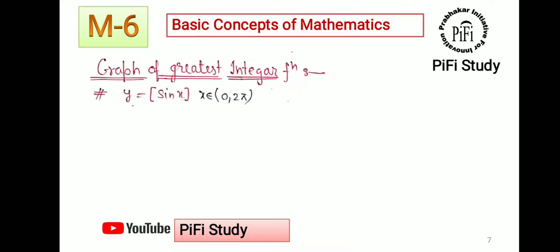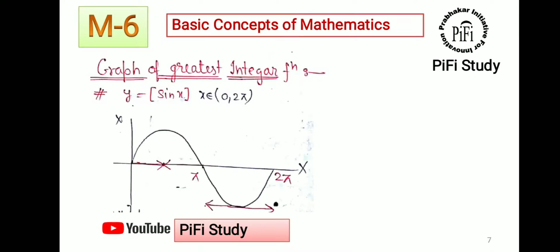Like in previous module 4 or in module 3, I have taught you some kind of greatest integer function. So in the greatest integer function you have seen its value is like a step function. Its value increases one step, meaning 0 to 1, then one step, 1 to 2, then again one step. So it is a kind of step function. But in this case the greatest integer function is outside the sin x, and the range is given 0 to 2 pi. So there are some changes. First you have to draw